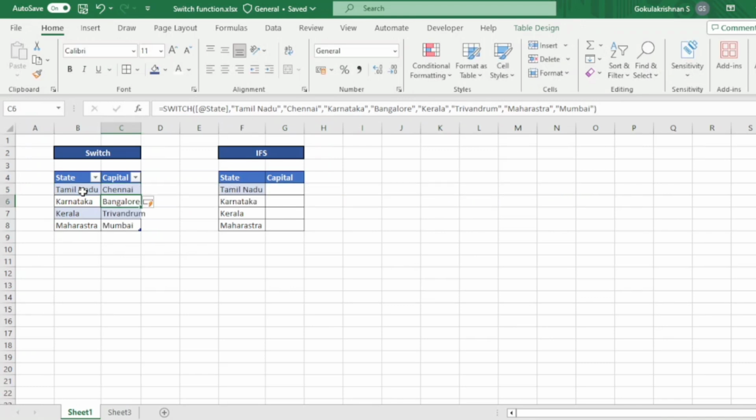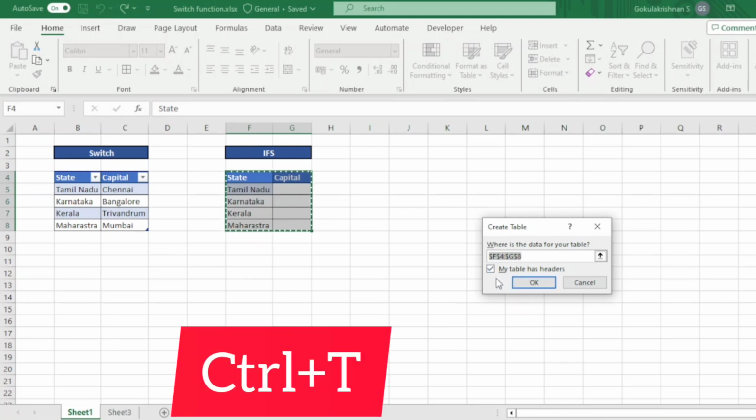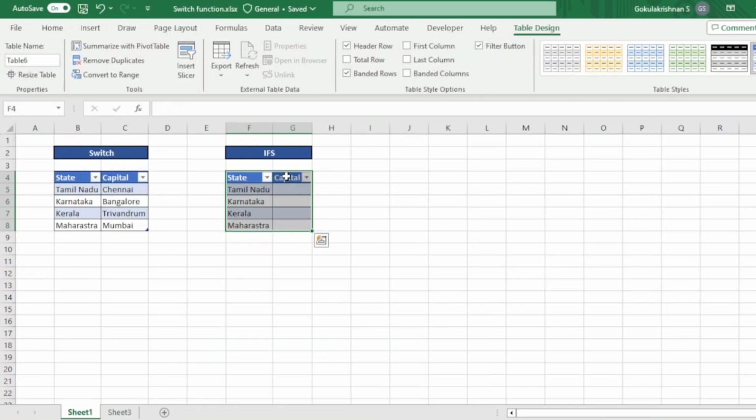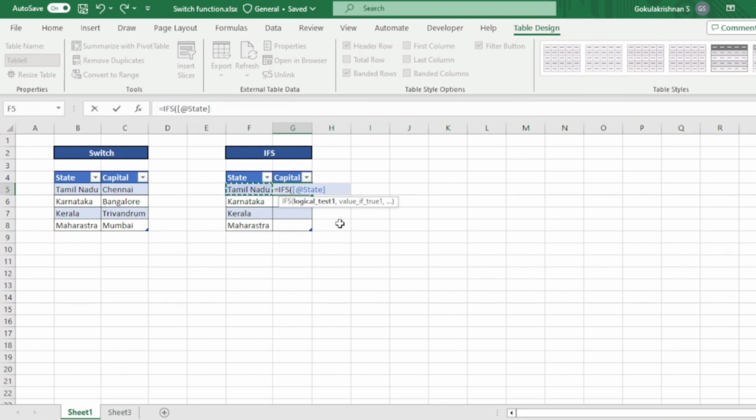So just hit enter. The formulas will get adjusted because it's in table format, so the data is auto-filled. Before that, I'll convert it into a table by pressing Control T and enabling my table headers. And now I'm going to use the IFS function. My logical test is, if state is equal to Tamil Nadu,